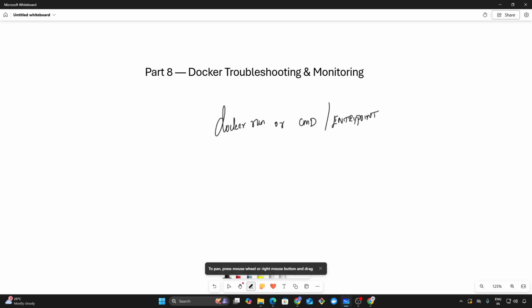Okay, so how to answer in an interview? I will check the container logs using docker logs and the container name or container ID. Using that, I'll review the container logs. I'll inspect the command executed, verify environment variables, and ensure dependencies exist. Often adding a simple sleep or interactive mode helps to debug why it exited. Okay, so the next question is,